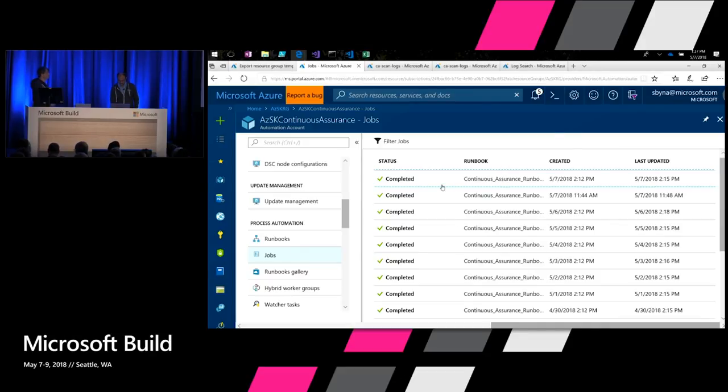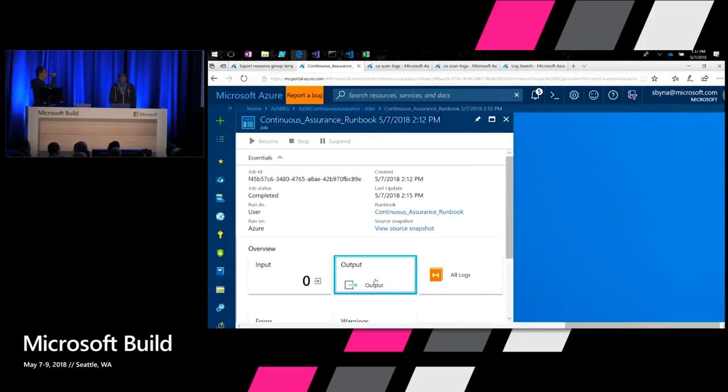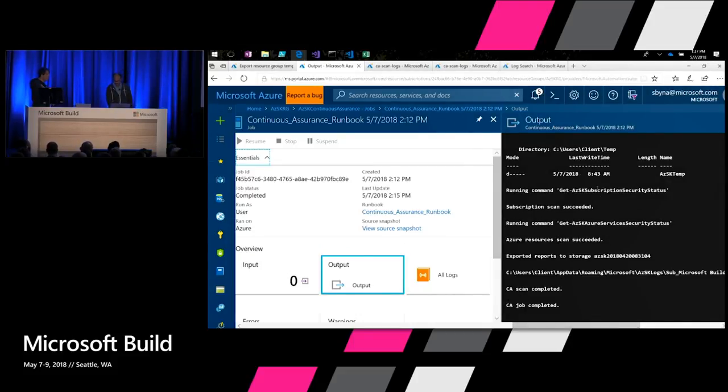In this, let me just take one of the recent jobs which ran today. As you can notice here, it went ahead and scanned the subscription, and I'm pretty sure you would notice this command, Get-AzSKAzureServicesSecurityStatus, the command that I demoed some time back, which is responsible for scanning Azure resources. It also runs an extra command called Get-AzSKSubscriptionSecurityStatus, which is responsible for scanning the subscription health. All these things are documented on GitHub. You can see all the controls that are being scanned. But eventually the point here is, all those controls that we have enforced through a CI/CD pipeline or through engineering workflows are getting scanned through an automation account.